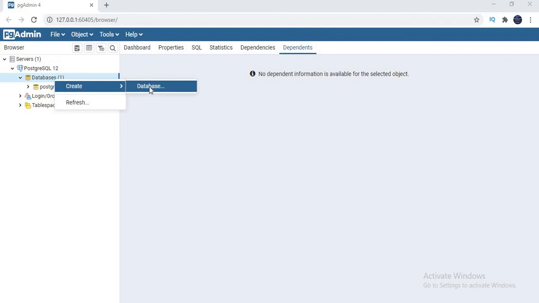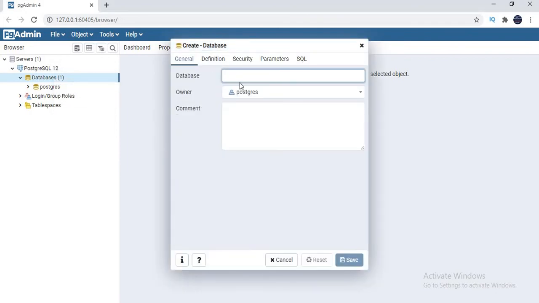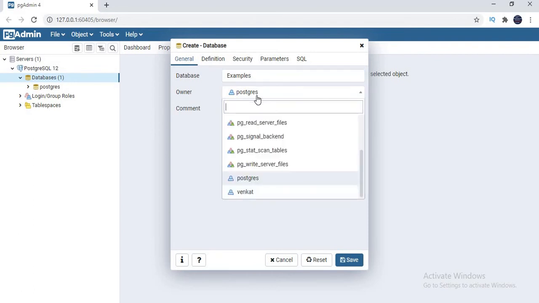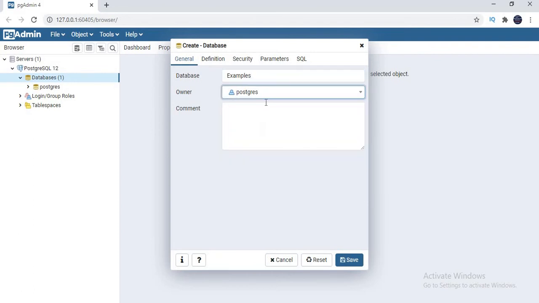Select create, then database. Once you click on database, it asks for the name of the database. You can give whatever name you want, suitable to your examples, your practice or your application. You cannot give a generic name for applications and practices. This is a database which I am planning to create for example purposes, and that is why I am keeping the name of the database as examples. You can keep whatever name you want. Who is the owner? By default, Postgres is the owner. I am going to keep it. I'll create some owners later and show you the security as well.